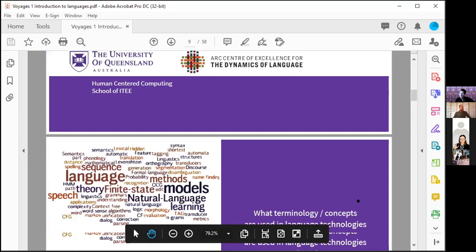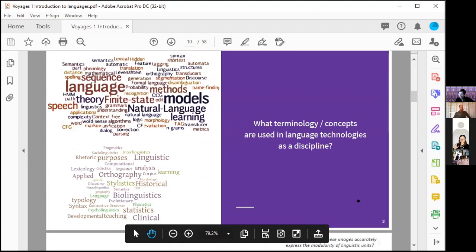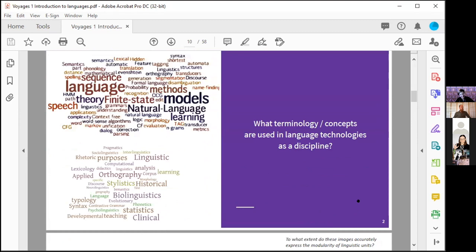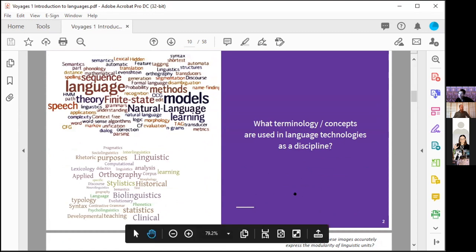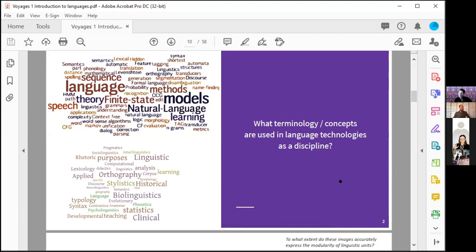And part of what you'll be doing is trying to bootstrap yourself as rapidly as possible into understanding what these different terms mean, and which particular words and the underlying concepts for those words apply to the language technologies that we're interested in